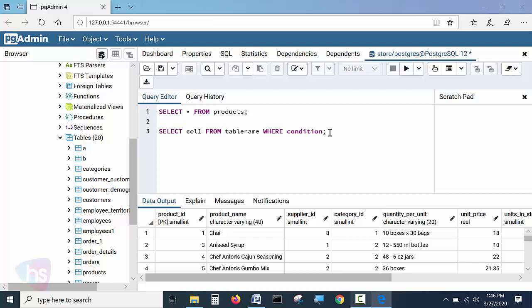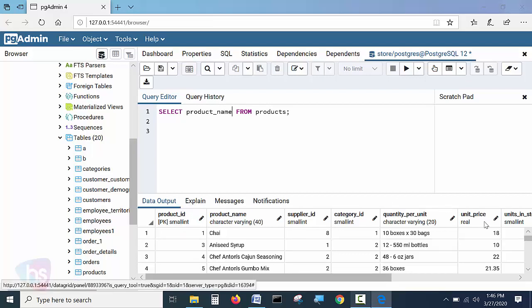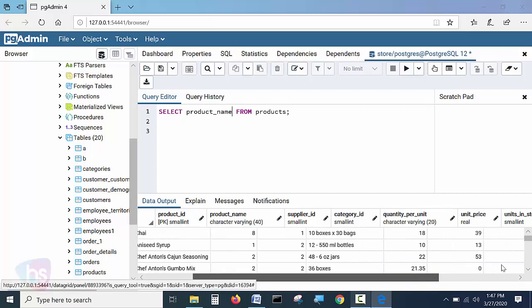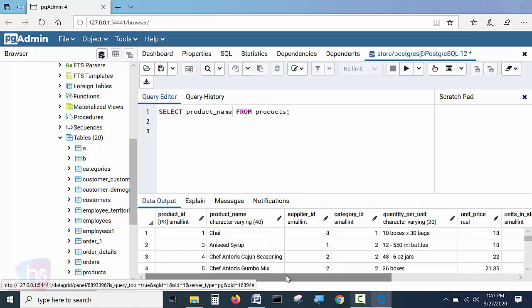To learn in advance, see here, product name is here, like the basic syntax I am removing here. Now the product name is here. I can specify only the column name, product_name. It's simply displayed on our result set. These are the columns we'll be displaying. Once we use SELECT * FROM table name, all the columns will be retrieved. See here the result set.